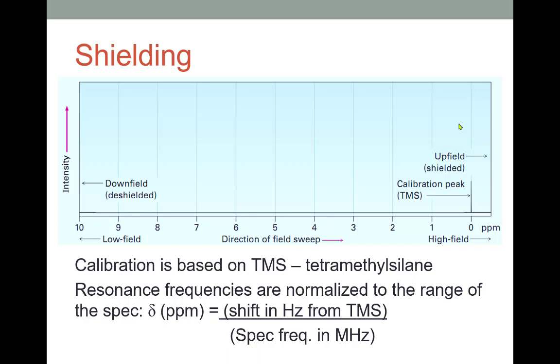As we start to get closer and closer to electronegative atoms, our oxygens, our nitrogens, halogens, things like that, or as we started to introduce aromatic rings or carbonyl groups, we were pulling electron density away from our nuclei, and so the signals that we see shifted more to the left, to the higher shift values over here. On the carbon NMR, these high values would have been in the neighborhood of 200 parts per million. On a proton NMR, we're going to be talking about something like 10 or 12 maybe at the